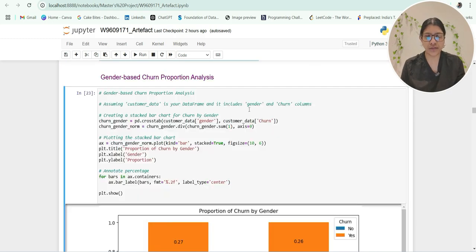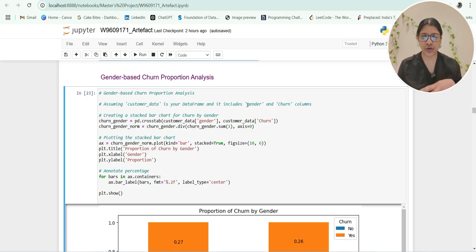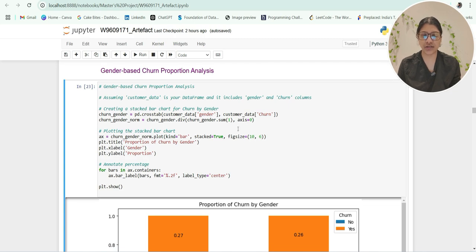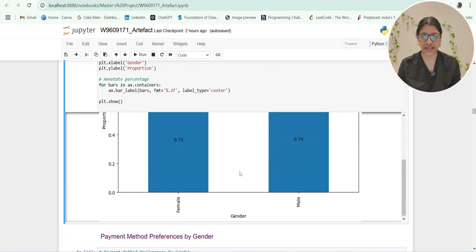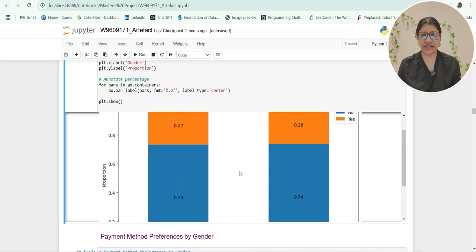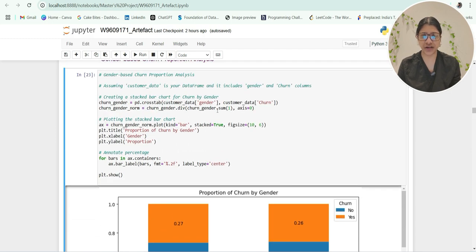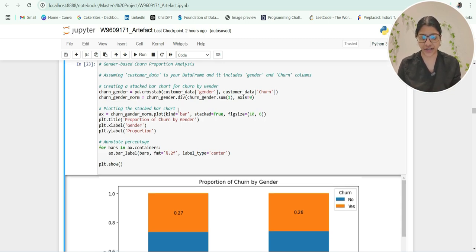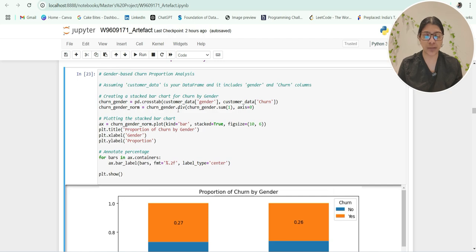This code here performs a gender-based churn proportion analysis by visualizing the proportion of churn, that is yes or no, across different genders. The summary of the key steps is the cross tabulation of gender and churn. This function shows the count of churned versus non-churned customers for each gender, and the table is normalized by dividing each row by the sum of its values,